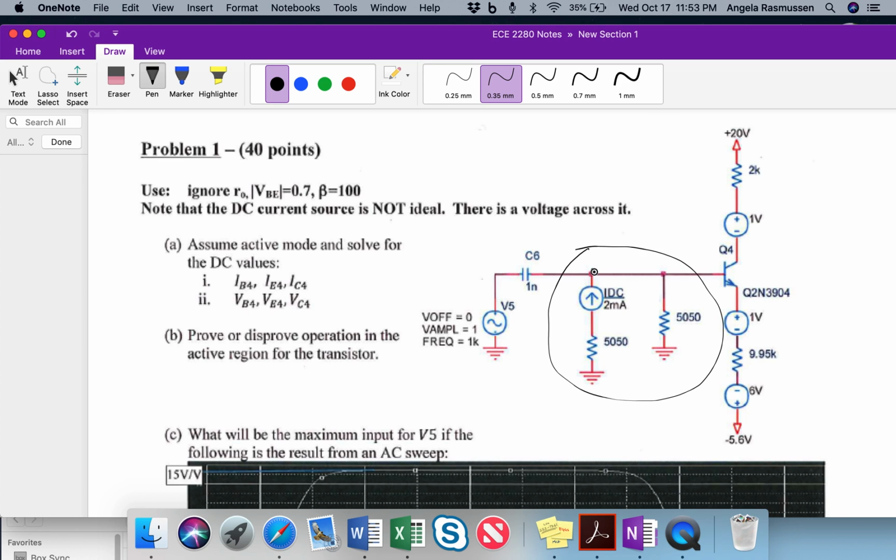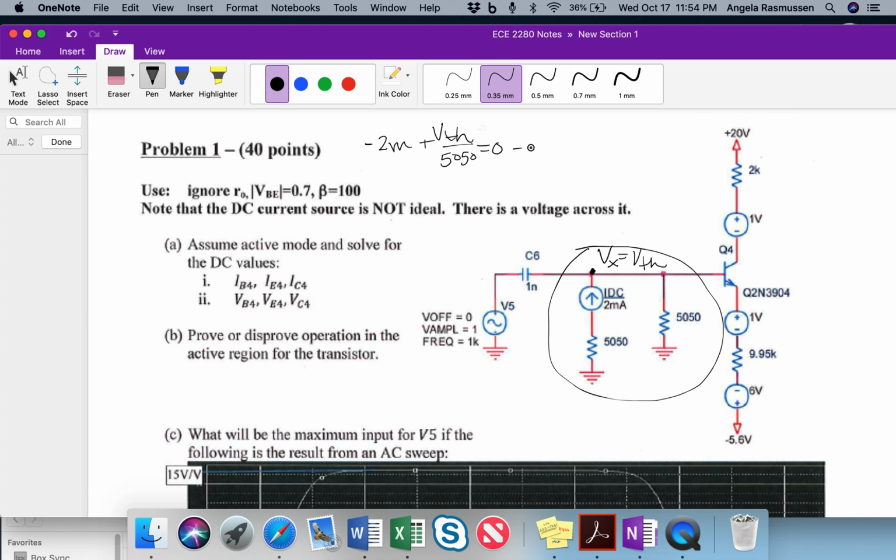In this case I'm going to do this side right here and find the Thevenin equivalent, which is Vx. I can do that by node voltage, or by noticing that all of the current that goes through here also goes through here. Either way, if I do node voltage, I get a minus 2 milli plus VTH over 50/50